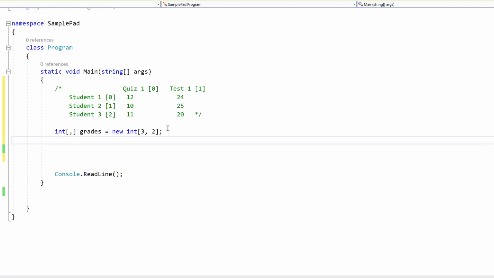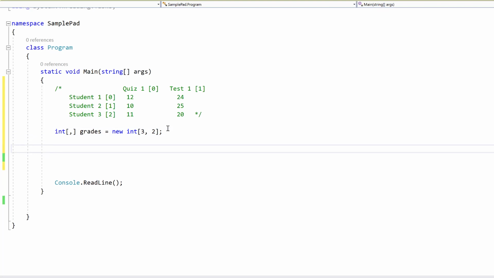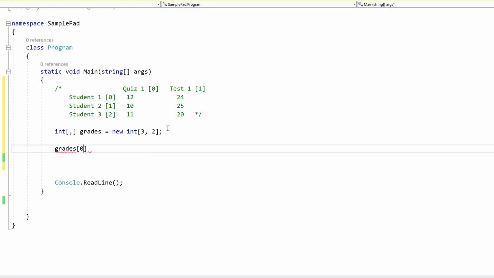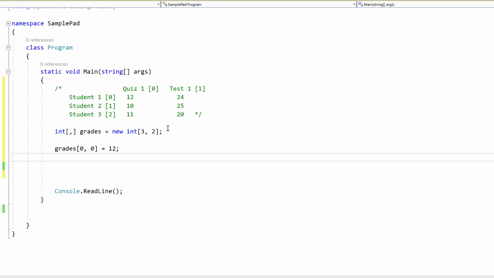Next, let's add values to this array. So int, if I want to set a value to grades[0, 0], which will be student 1, quiz 1, I will access it through the syntax 0, 0, and set that equal to 12. If I want to set the test 1 for student 1, I will use grades